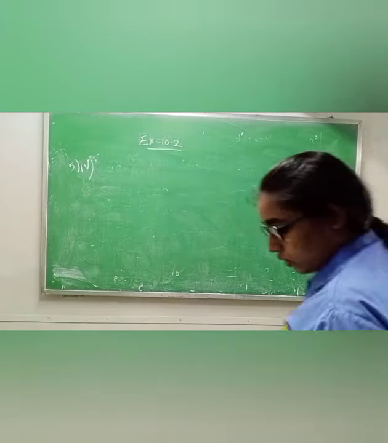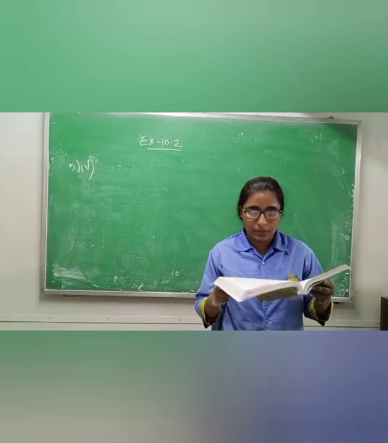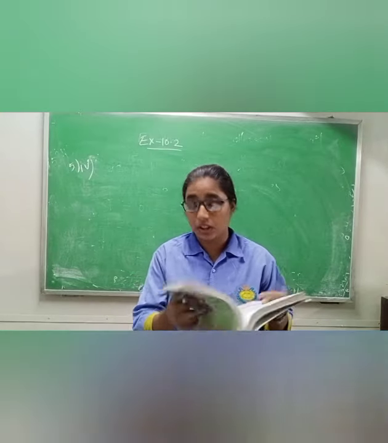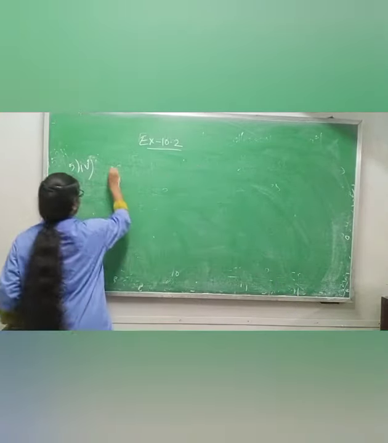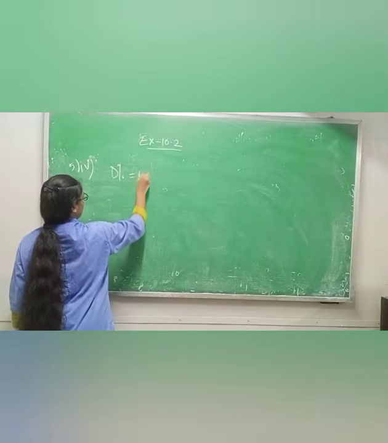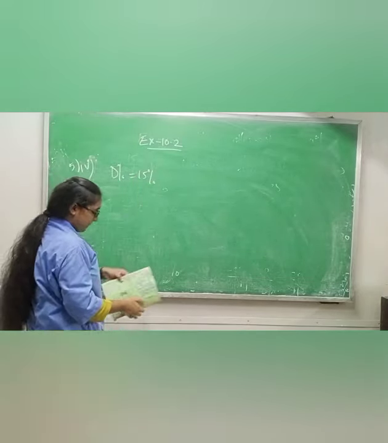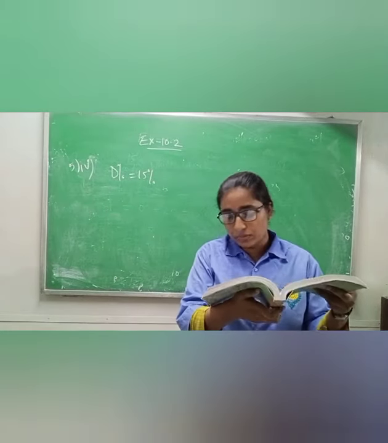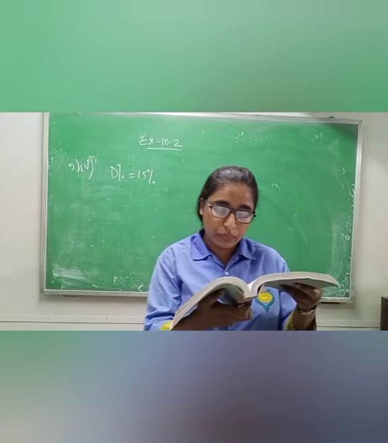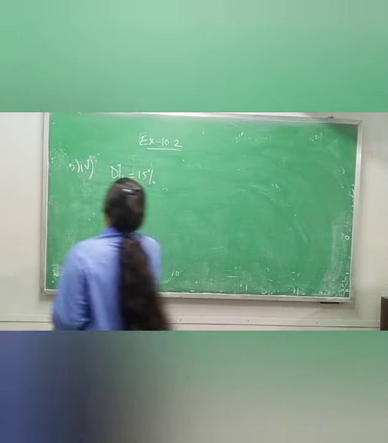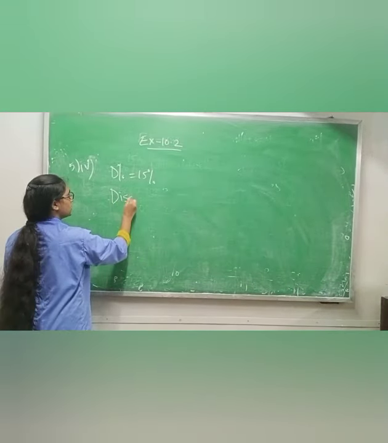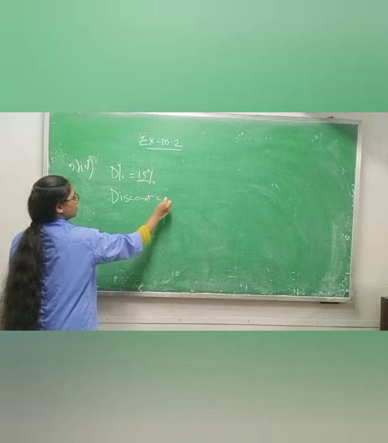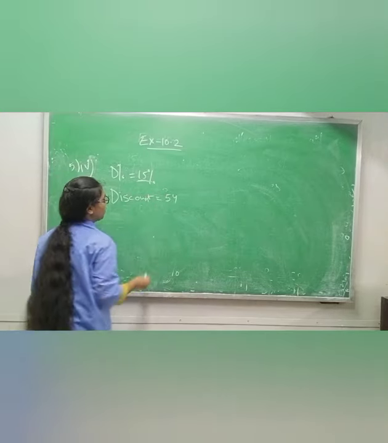Now class 9, question number 4. To submit the electricity bill in due time, 15% discount can be obtained. So discount percentage is given, 15%. And after that Suman Babu has got rupees 54 as discount. Discount is given how much? This is in percentage, and this one is discount equals 54 rupees.